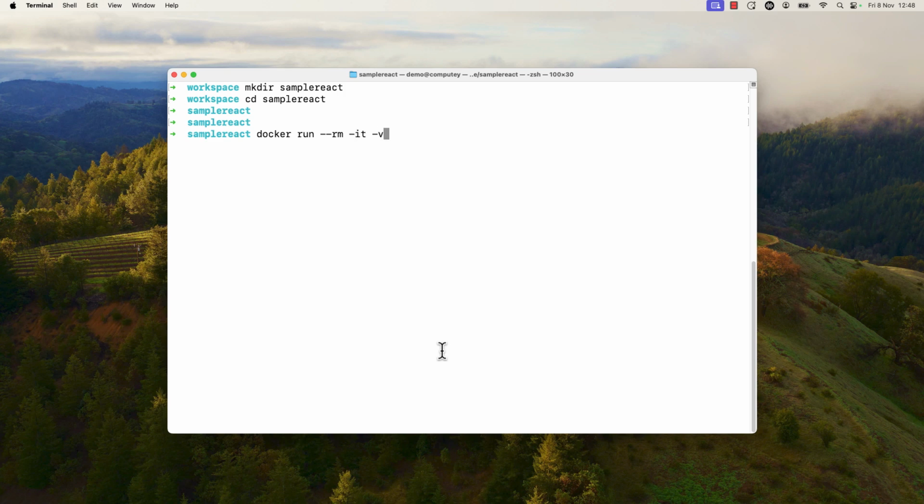And then -v, and then we're going to do the $, and then open the brackets here, pwd, close the brackets, :/code, and then -w /code, and then node :22.11, and then sh -c, going to open up the quotes here, and then inside the quotes we're going to type